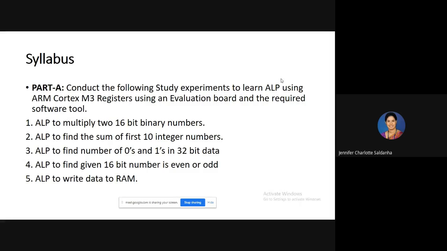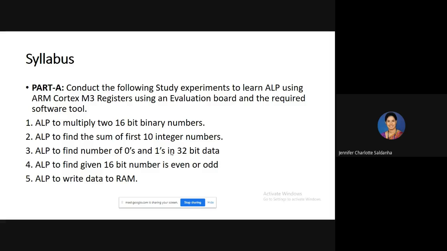I think almost all of these experiments you have done in your 8051 lab, right? The logic remains the same. Here you have to make use of the instruction set of ARM Cortex-M3. Right? Instructions will be different. Logic remains the same. Very small, simple programs. So this is about part A using Keil MicroVision software, which is an assembler to convert assembly language programs into